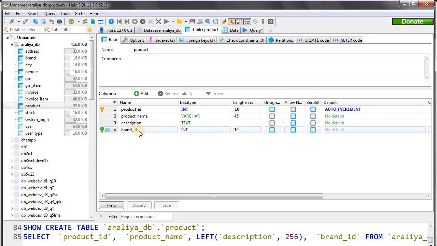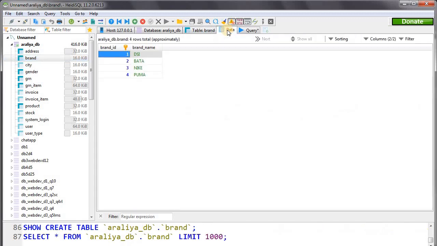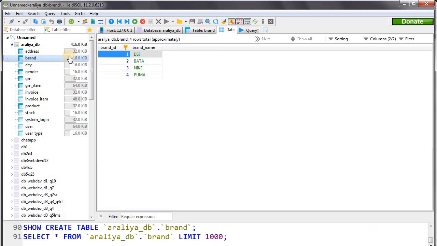But before that, here you can see brand ID is a foreign key, so we have to go to our brand table and see whether there are data already entered to this table. If this table is empty, we cannot enter data to the product table because there is no data we can work with in the brand table.